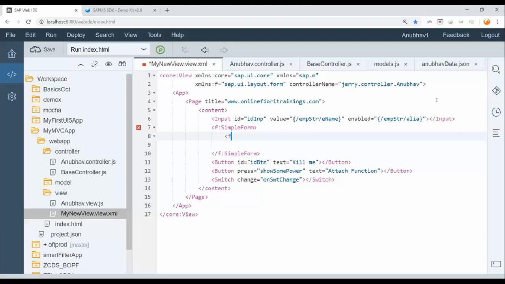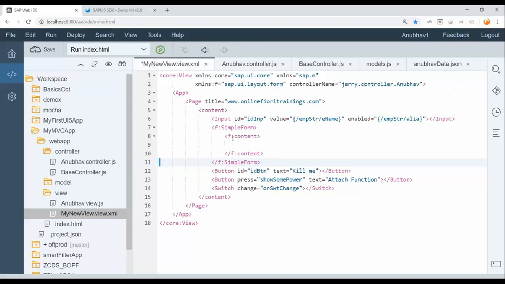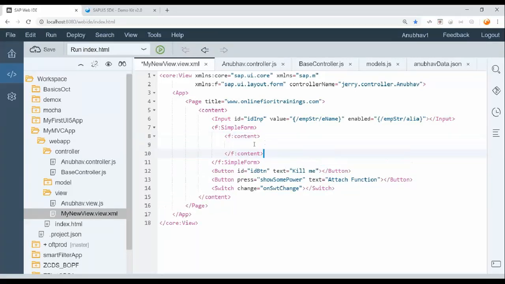So guys, for giving aggregation also you have to use the namespace for this and content. That's very, very important. Don't miss this. Simple form has an aggregation called content. Now this is a default aggregation, which means you can ignore writing this line. But if you are writing this line, don't forget to mention this F namespace also, because the content here